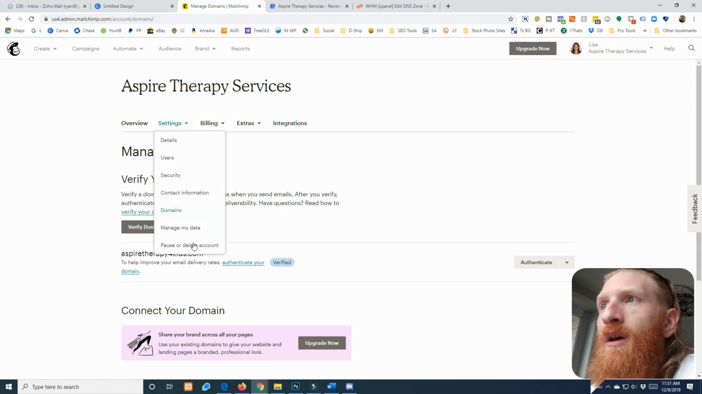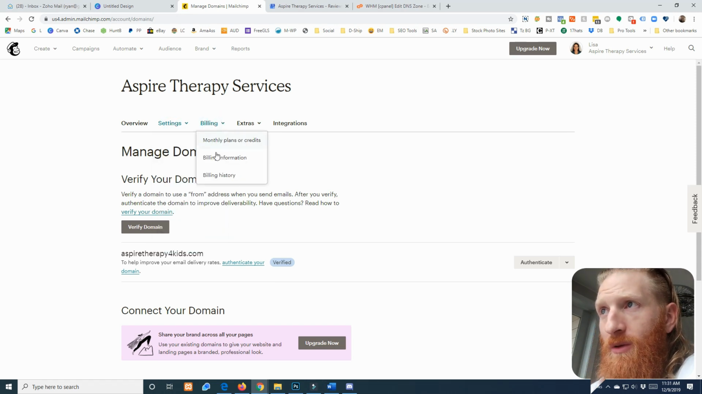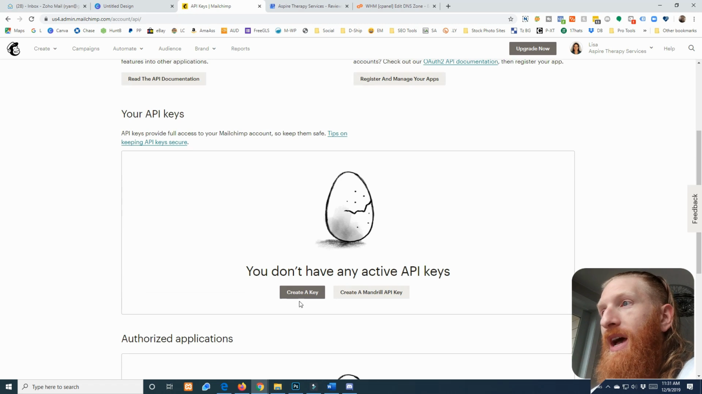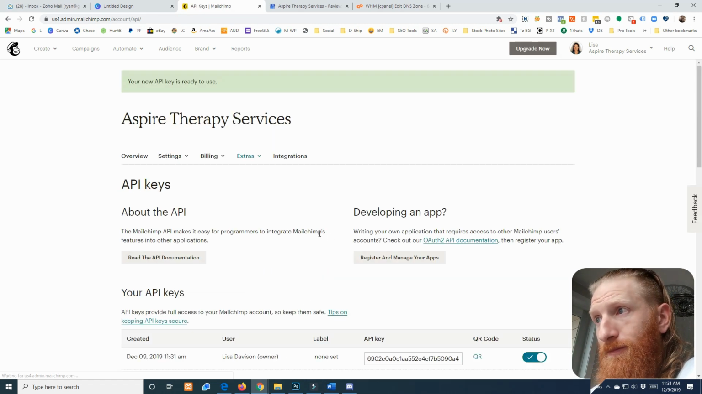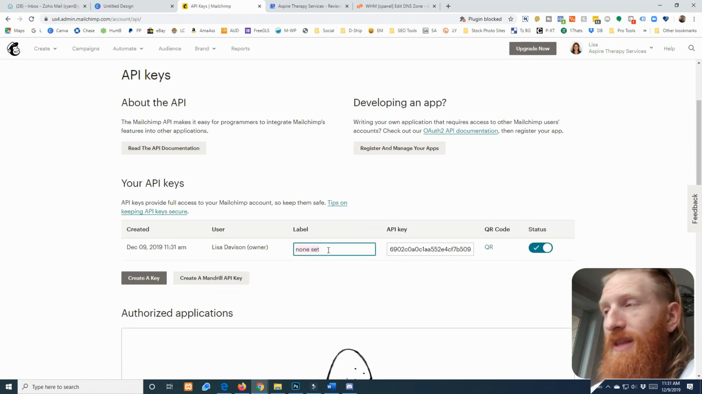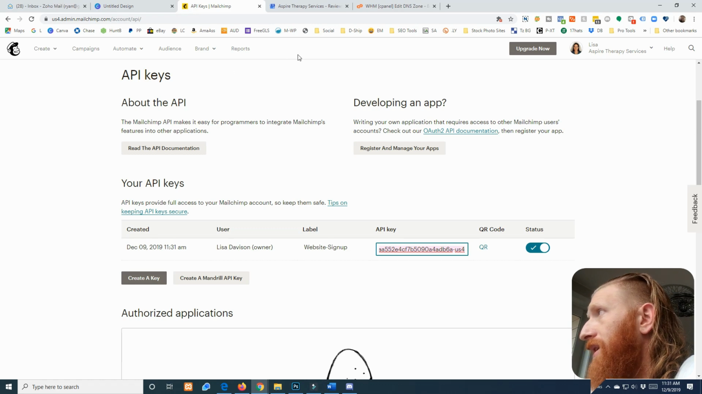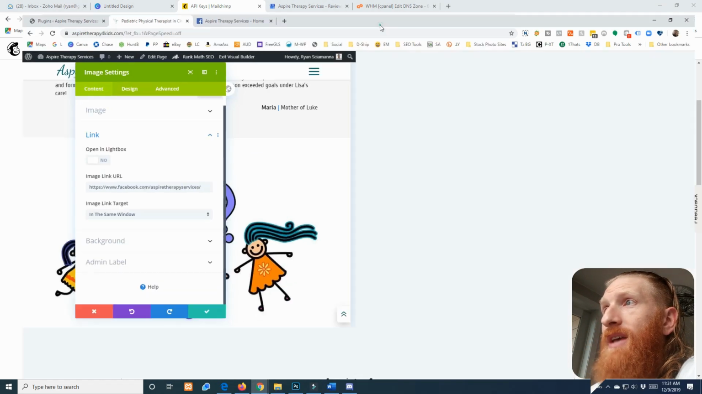Not a problem. Okay, billing. We don't need to worry about billing. Extras. We will need an API key. So don't let this freak you out. Create a key. We're going to set the label to website sign up so we know what it is. Here's the API key. I'll copy that, and I'm going to need to put that on my sign up form